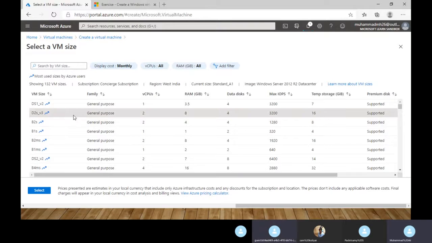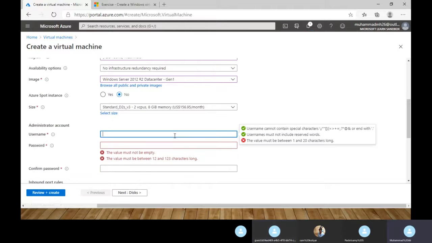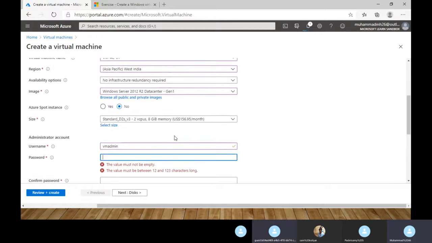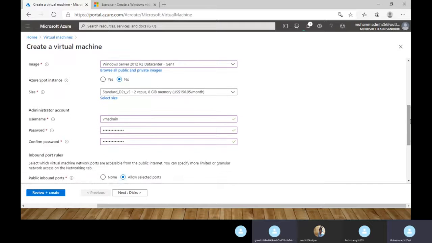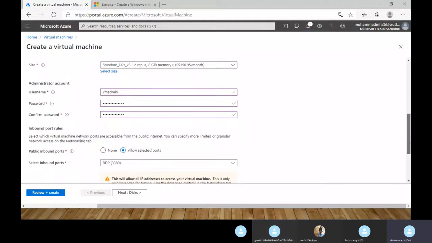I'm putting my credential, VM admin. Please remember, I'm using the same password here and there. You can view the password also. Here you can see the public port RDP 3389.